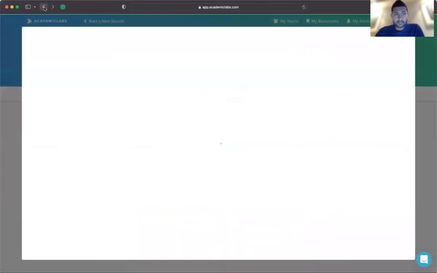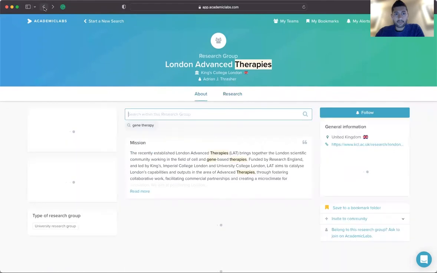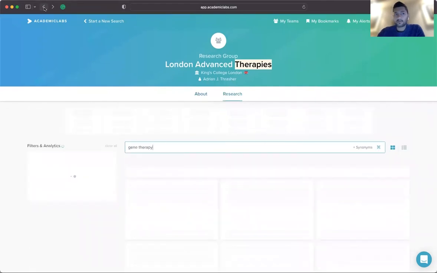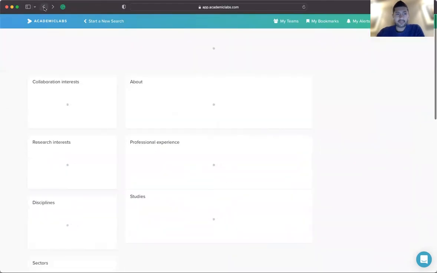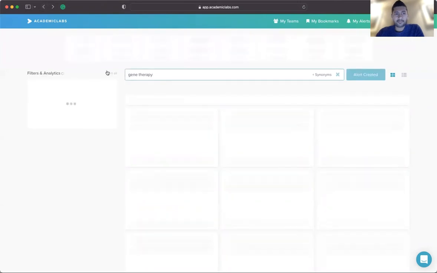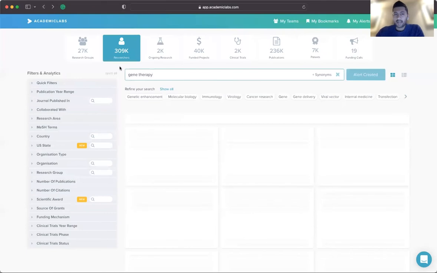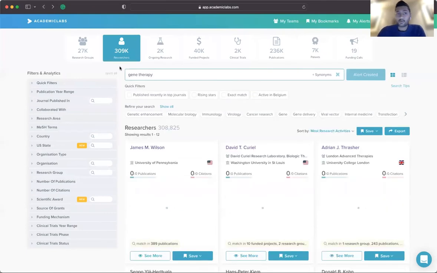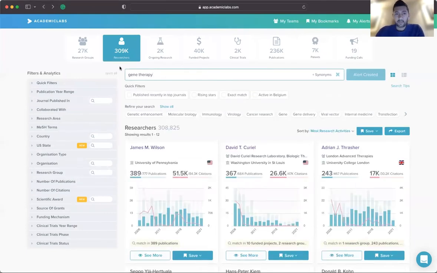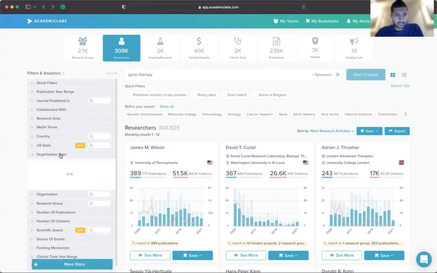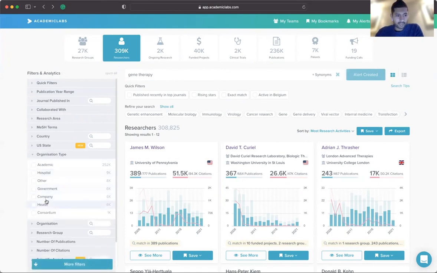All right, now I will go back to the search results to show you another interesting case, to not just discover your ideal academic experts, but also companies that are working on your topic. So what you can do is, again, depends on the category you're in. In this case, you're in the researchers category. What you can simply do is go to organization type company.